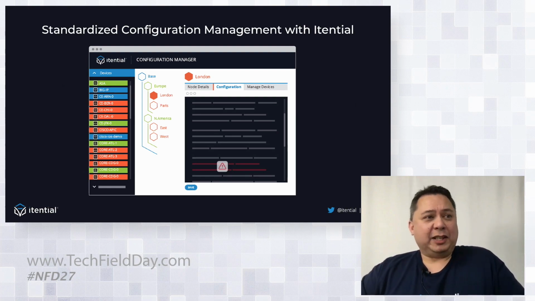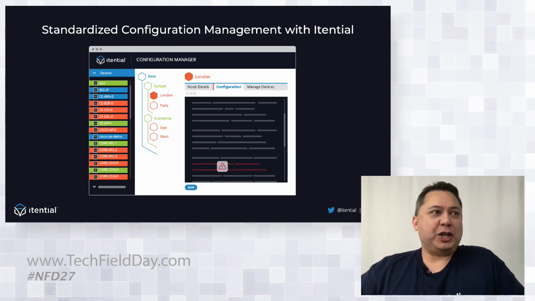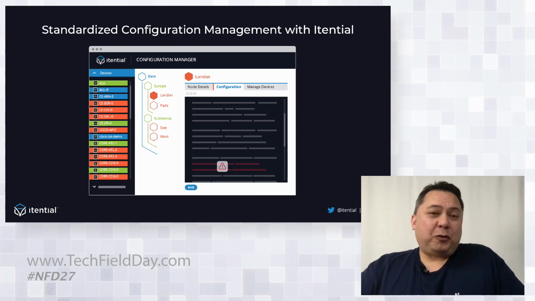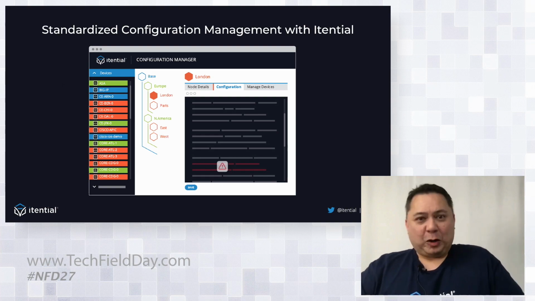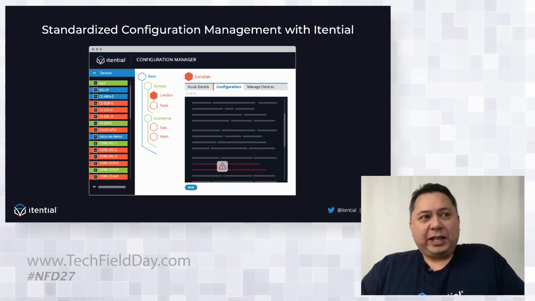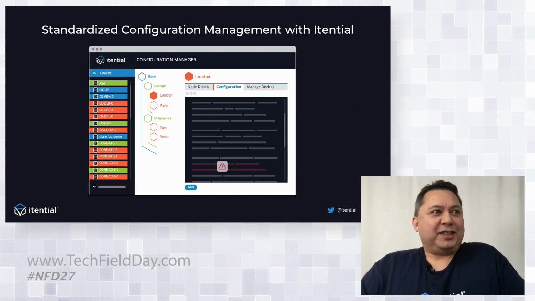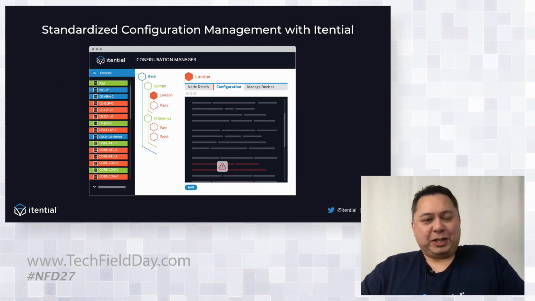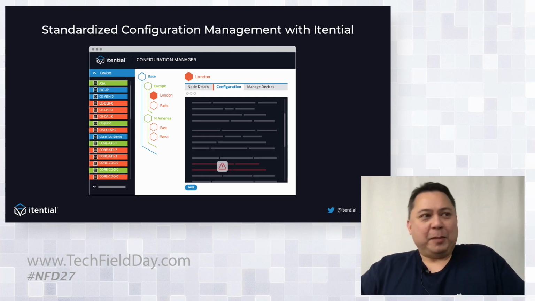Really where we want to head, especially for this demonstration, is that this becomes the foundation we use to build configuration standards. And this is an even bigger problem: standardizing configuration for network devices, really talking about compliance. Within the same platform, we can not only solve the problem of having the insurance policy of configuration backups across every device, CLI or API based, but now we can start to create